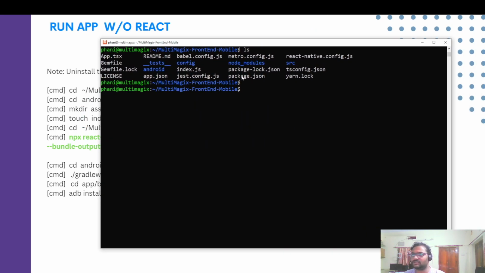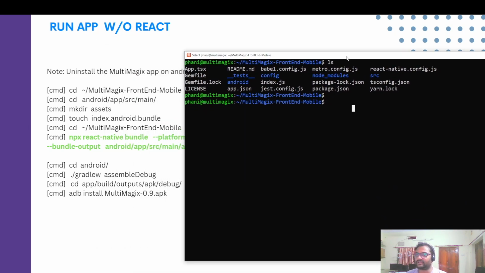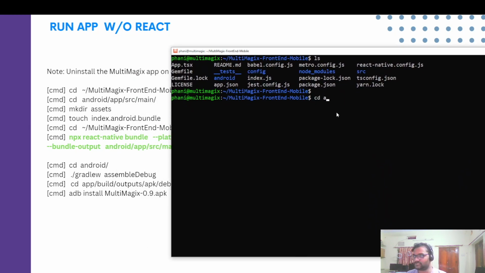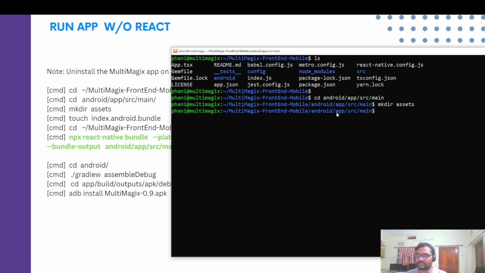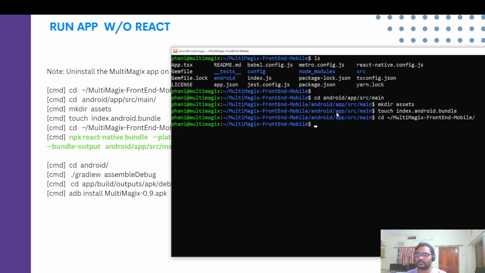ADB command. So the first thing you need to do is, under this folder, create a directory called assets. First go to cd android app source main, and then mkdir assets, and then in this assets folder create a bundle file: touch index.android.bundle. Now once this is done, go back to your Multimagics front-end mobile and then give that big